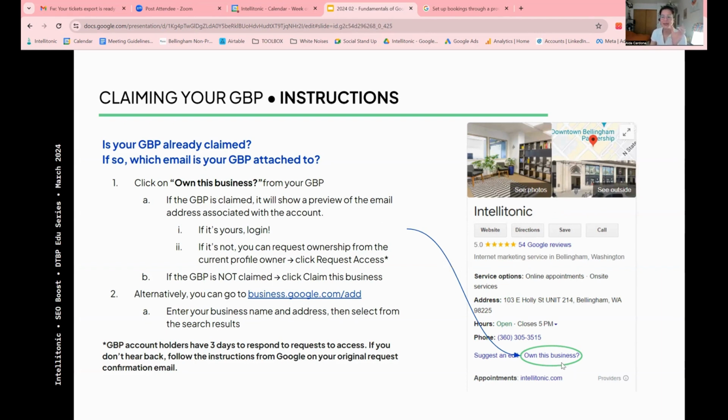Yes, so you'll be able to identify with that snippet of email address whether or not that is your email address or not. And from there, we can figure out what we need to do next. So if that is your email address, then feel free to log in to your Google Business Profile. And if you notice that email address isn't yours, then there should be a button that says request access, and you can follow the steps to request access from the account holder. If your Google Business Profile is not listed, you can click Claim This Business and go through the process that way. Or alternatively, you can go to